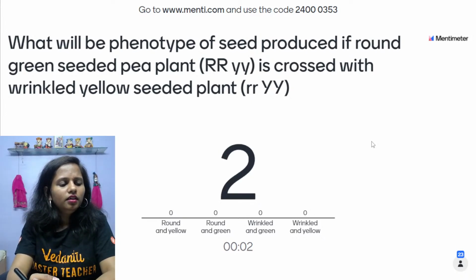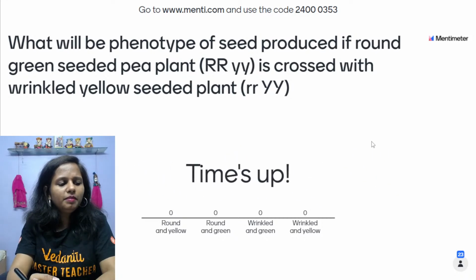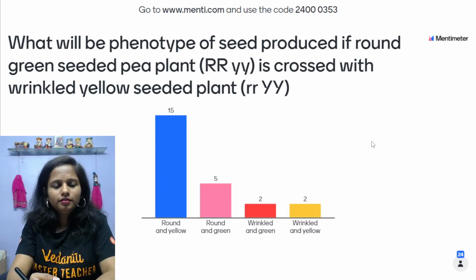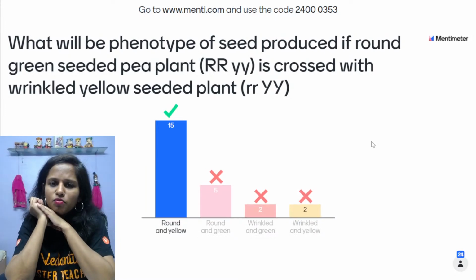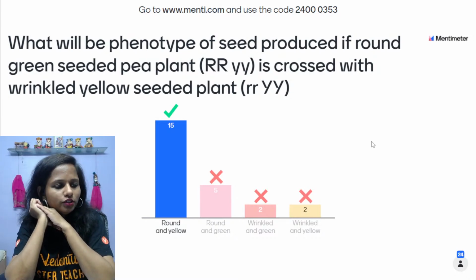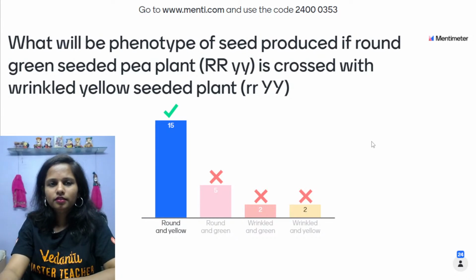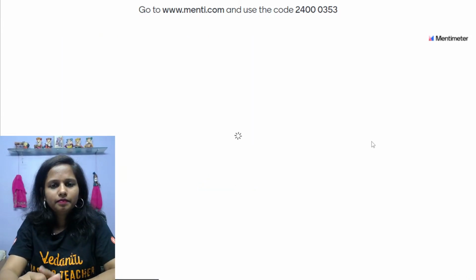Okay, Riya, connect with me over Telegram. I will be happy to help you. So yes, it will be capital R, capital Y, small y. All the seeds will be round yellow in the F1 generation. Okay, great. Then